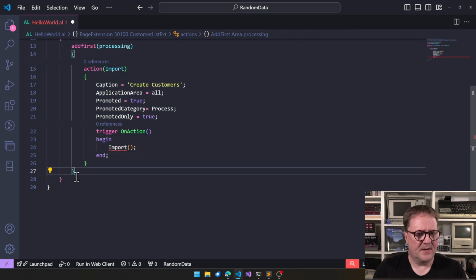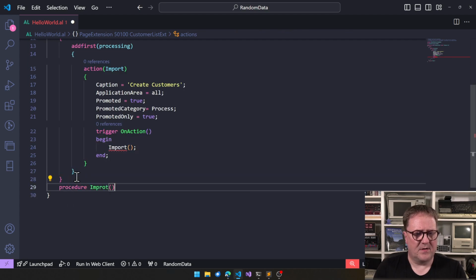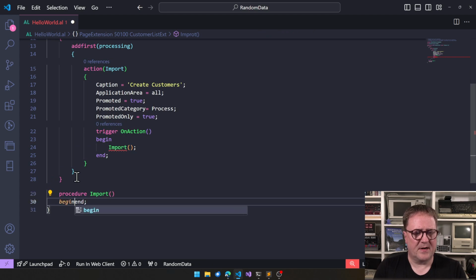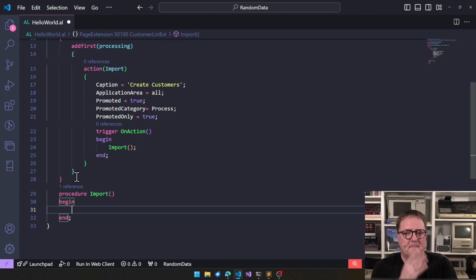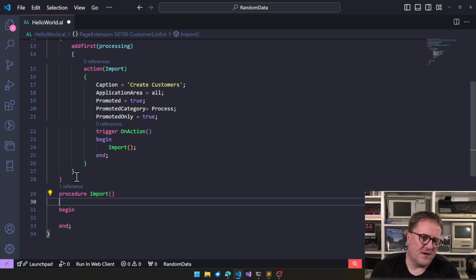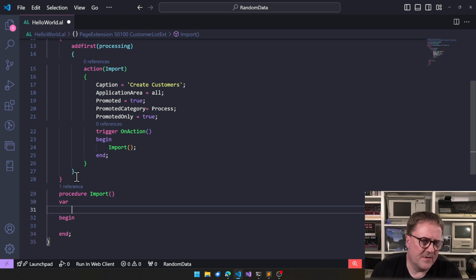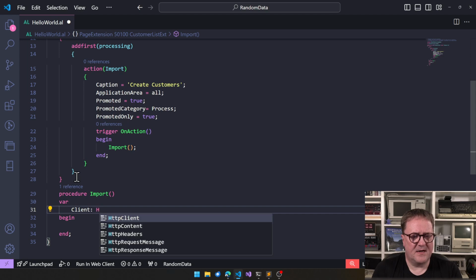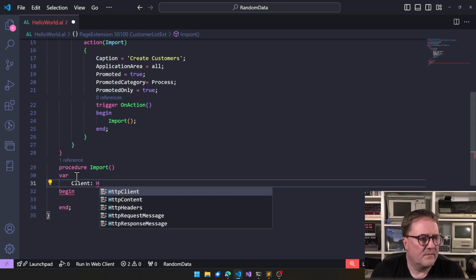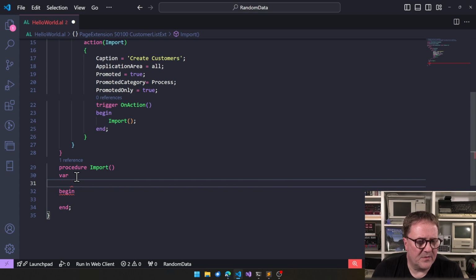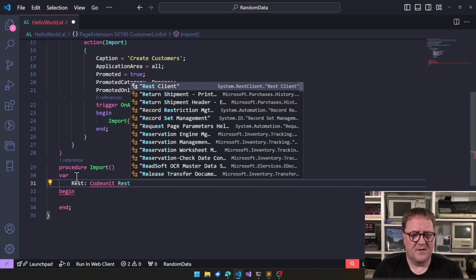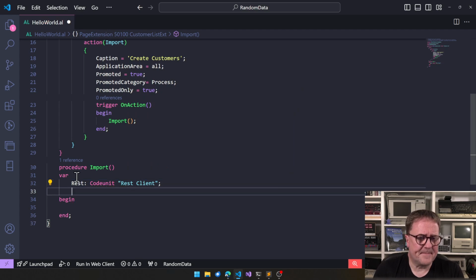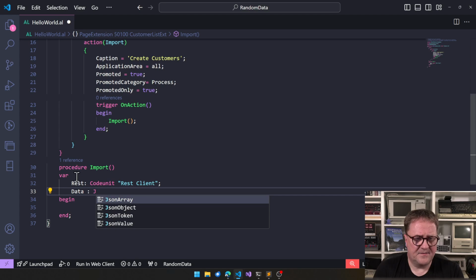So we better create a procedure here called import. I can't spell tonight. So how do we do that? Well, the easy part is probably let's grab the web service thing first. So we need, well, let's actually make it even simpler. Let's use the REST client that's in BC24. So code unit, the REST client,